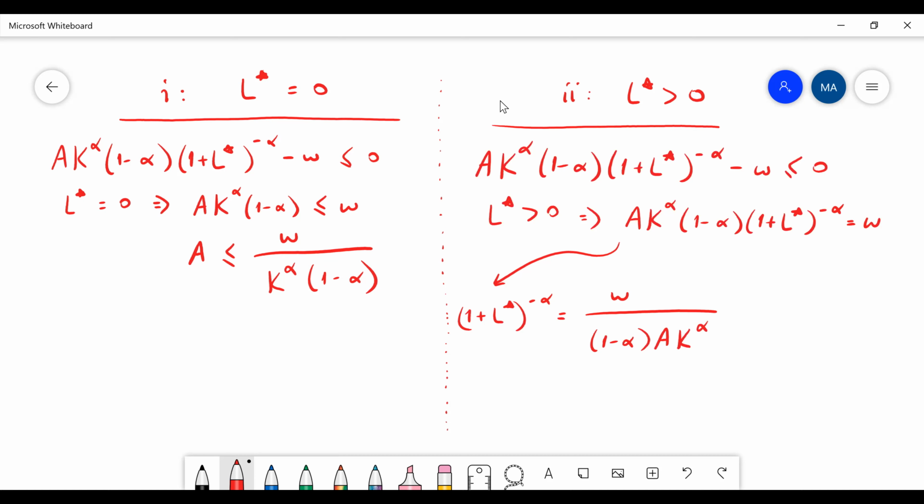So you have 1 plus L star equals ((1 minus alpha) A K^alpha divided by W) to the power of 1 over alpha. Okay, so finally, you will have L star equals